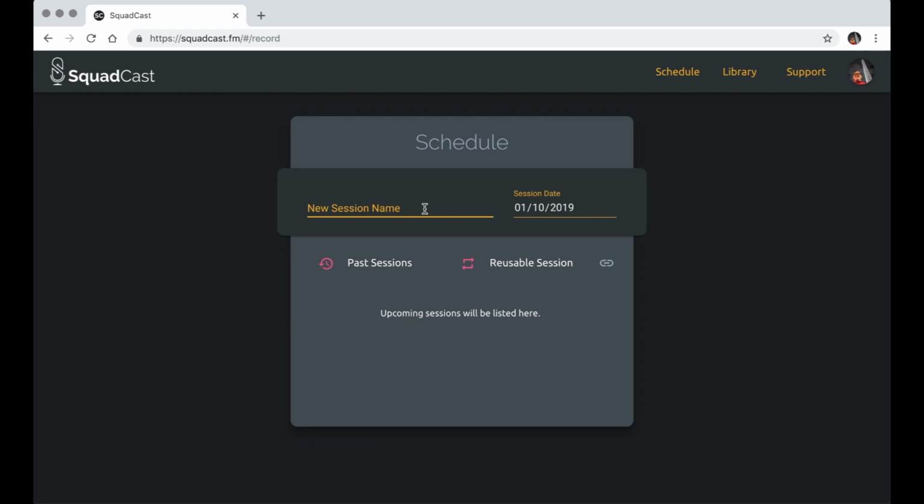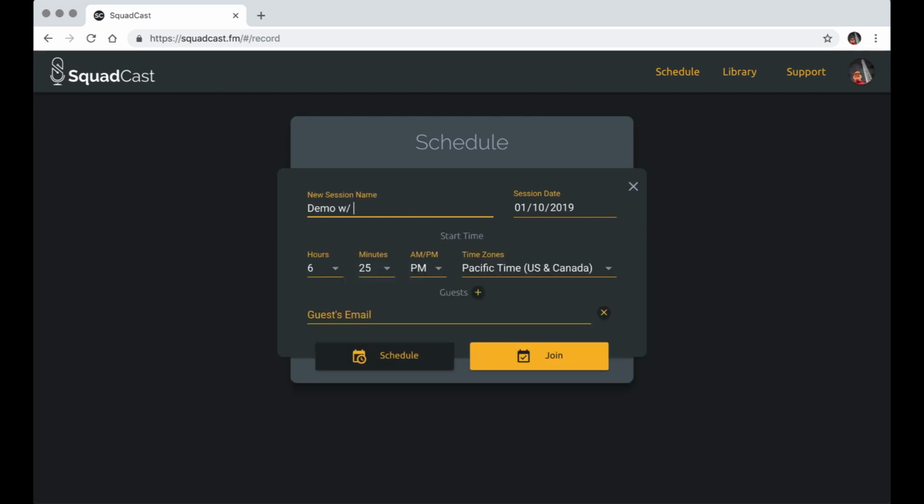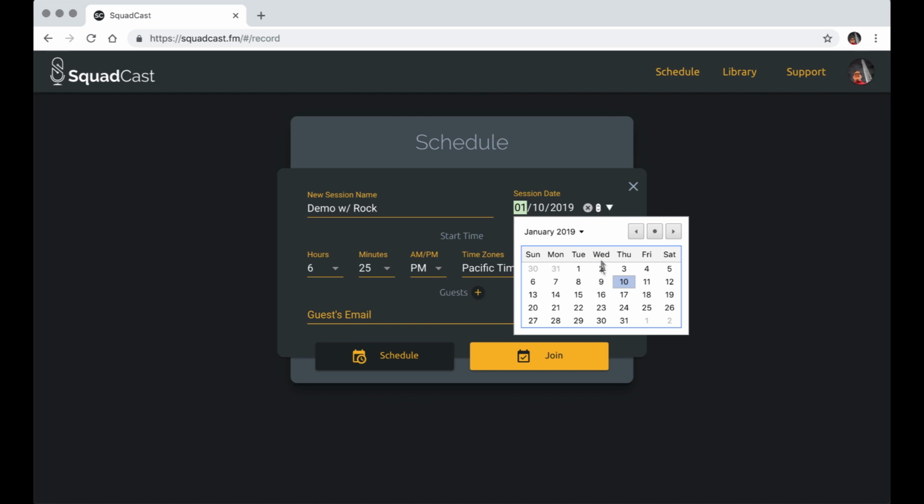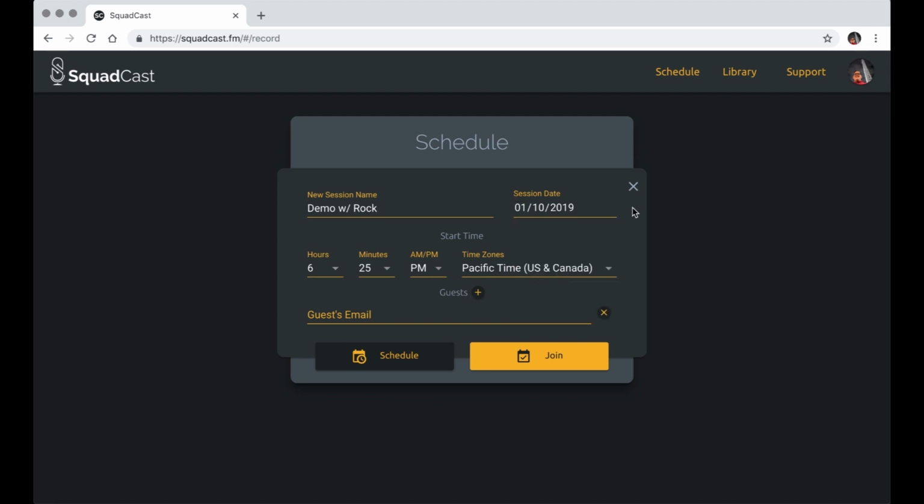We have this form here, and we'll give it a name, Demo with Rock. It pre-populates with date, time zone, date. If we want to schedule out in the future, that's cool. You can choose a date as far out in the future as you'd like, different time zones, and then we